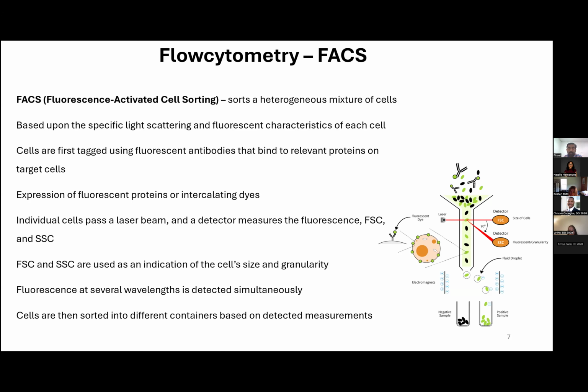We can quantify the expression of genes, and from a heterogeneous population, we can also identify what percentage of the cells give a positive expression for the molecule of interest. Here also, you can see a simple diagram. You can see there is an antibody conjugated with a green fluorochrome, and there are some cells which has the black dots represent the